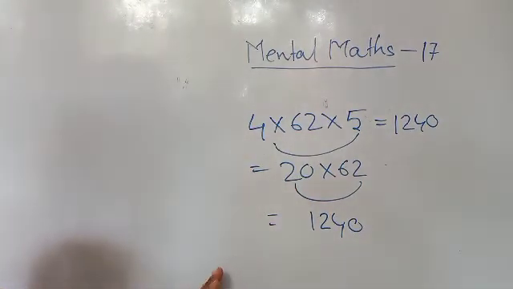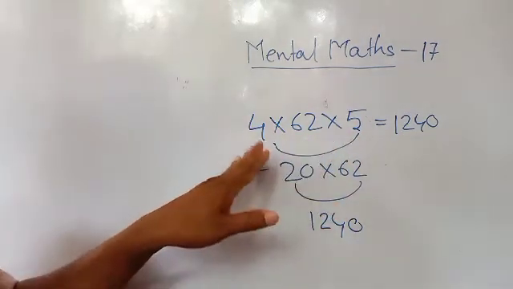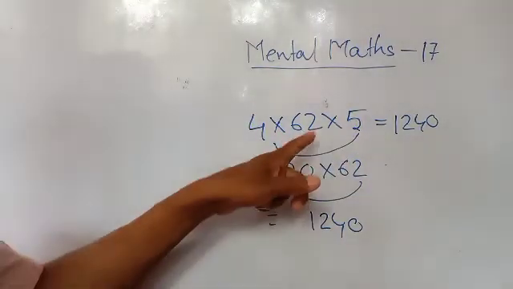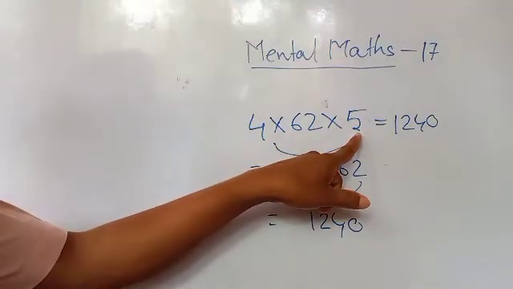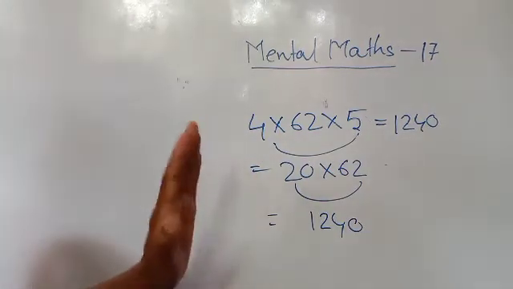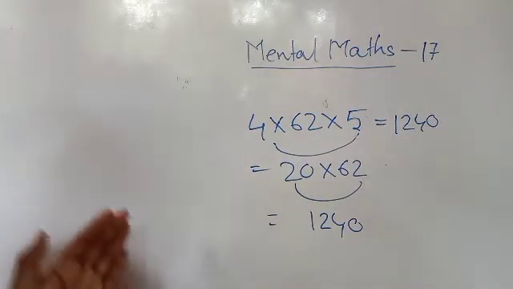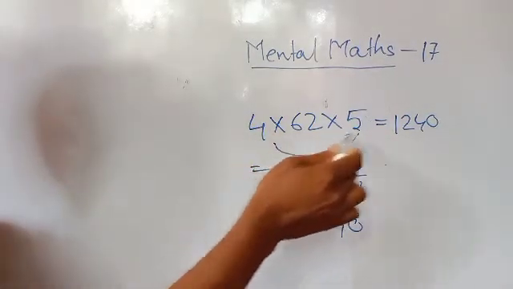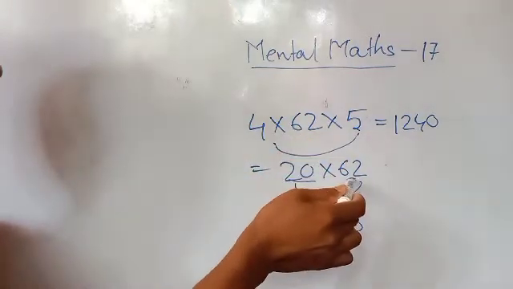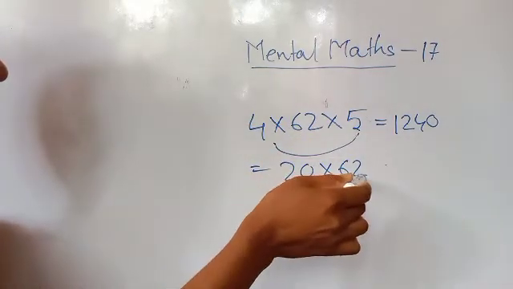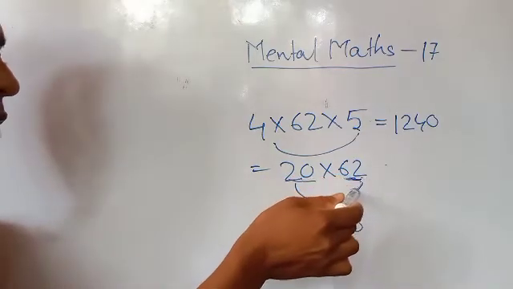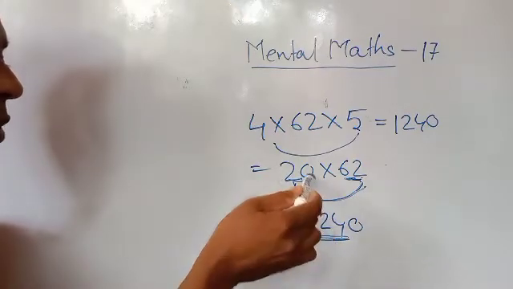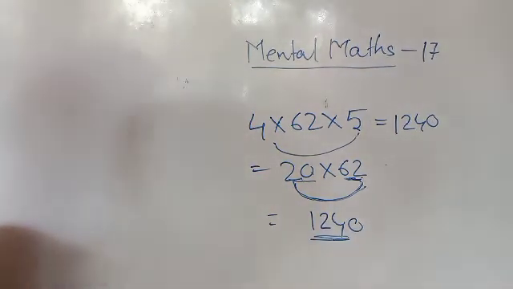It will not take too much time, and first of all you have to understand which two numbers you have to multiply first. If you multiply these two, then multiply by 5, then also you will get the answer. But we will not do like this because within less time, how to find out the answer? 4 5 are 20 and 62 will be here, then 20 and 62 you multiply, so 62 only you have to multiply by 2, not by 20. So if you multiply by 2 you will get 124, then this 0 you have to put here, then you will get the answer.